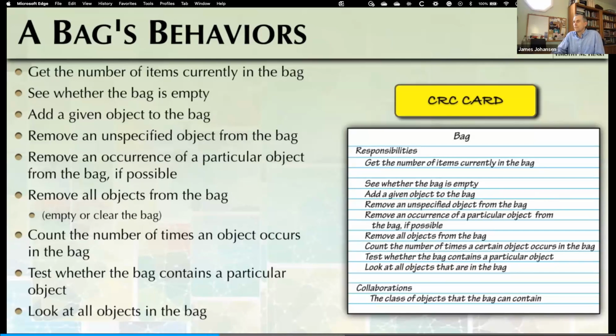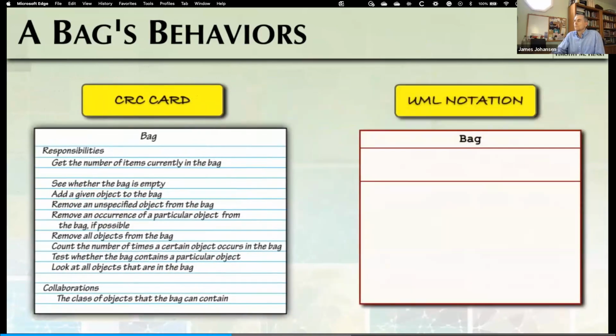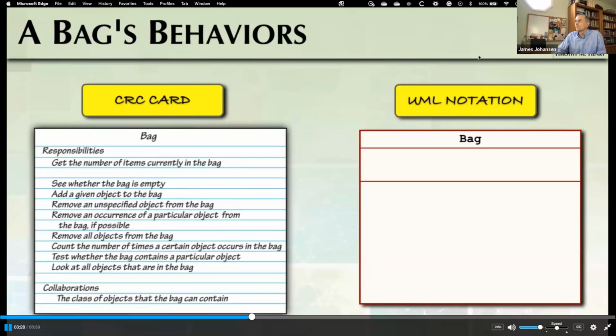In fact, when we design ADTs, we should specify the ADT's operations even before we decide on a programming language. Before we can implement a bag in Java, we need to describe its data and specify in detail the methods that correspond to the bag's behaviors. We'll name the methods, choose their parameters, decide their return types, and write comments to fully describe their effect on the bag's data. So we're going to get into this Unified Modeling Language.